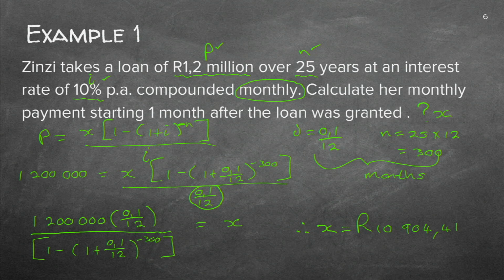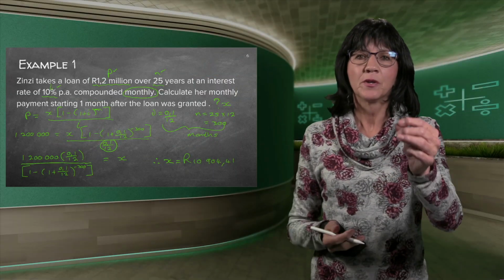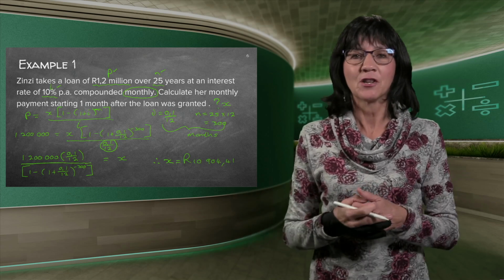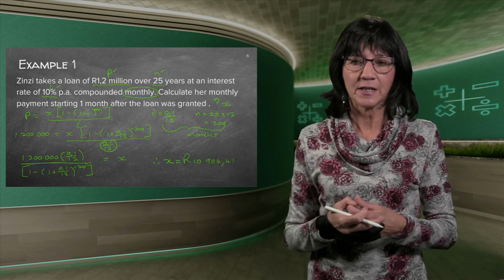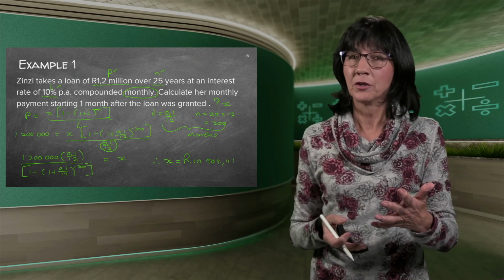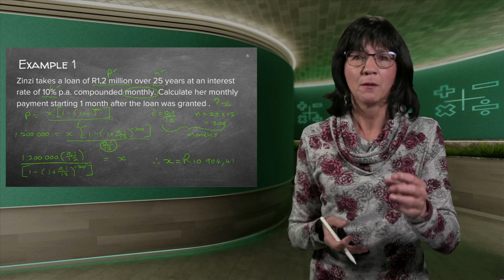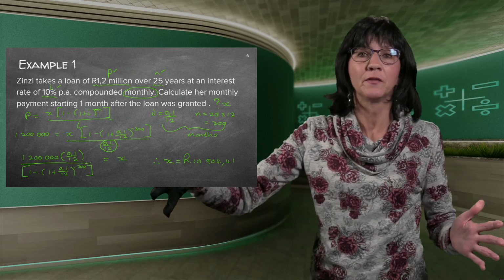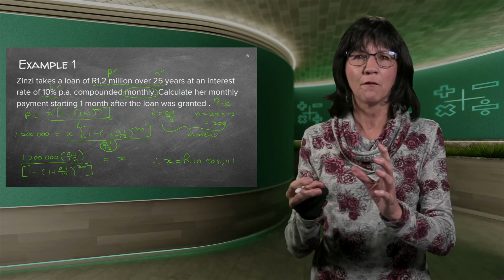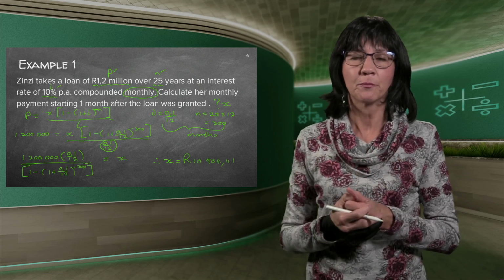Now, just look if this is possible. It's basically 10,900 rand that you put in the bank every month. You pay back every month for 25 years to get to the 1.2 million. I don't know if it seems logical to you, but it is a logical amount if it's over 25 years. If this was also something like 1 million or 100,000, then you would know you made a mistake somewhere. You can't put 100,000 in the bank over 25 years and only land up to have 1.2 million. So it's always in the vicinity of the 10,000s if you get a problem like this.